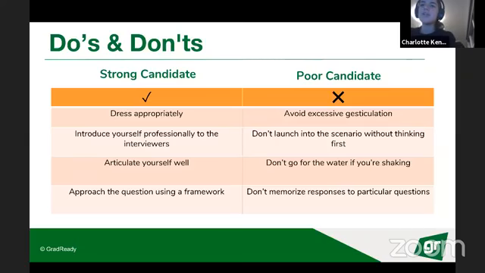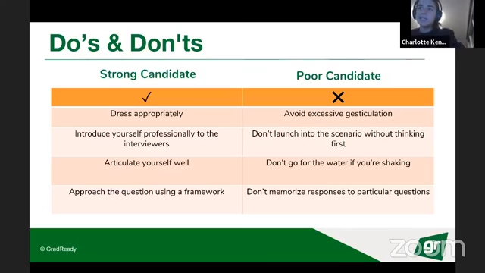The next thing is to approach the question using a framework. We'll go through frameworks later, but it's really important that when you're standing in the corridor, or you've got the prompt on Zoom and you've got 2 minutes to think about it, you collect your thoughts and actually come up with a strategy. One of the worst things that people do in interviews, in essays, and in life in general is rush into things without thinking about it properly. So have a think about how you're going to approach this and the things you want to say, and that will ground you in the question before you start talking. That's super important.